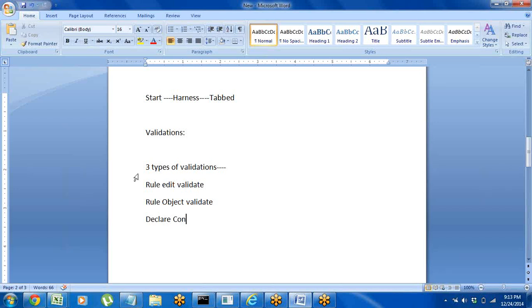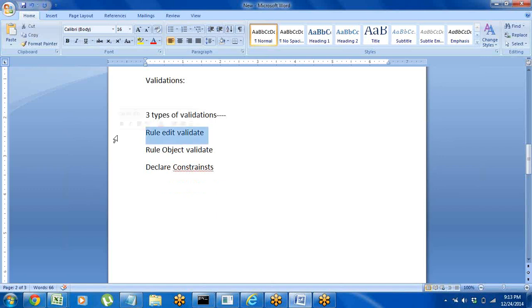Okay, so under the different types of validations we have rule edit validate, rule object validate, and declare constraints. Constraints is also actually one type of validation. I will tell you what the differences are. So coming to the rule edit validate,